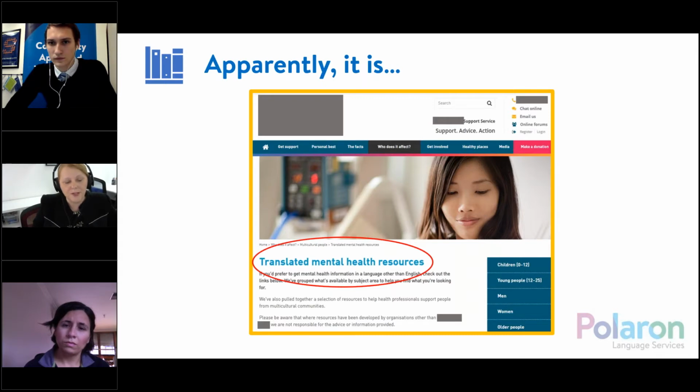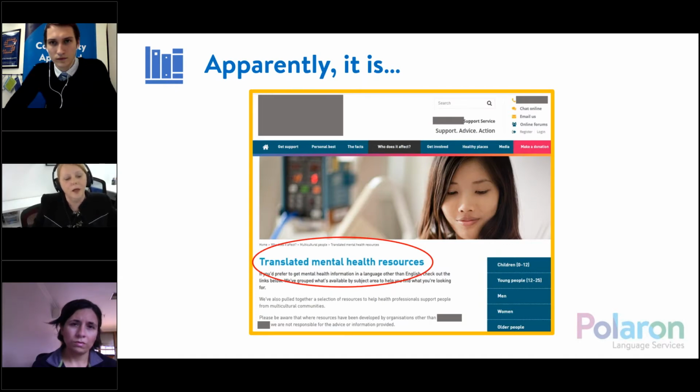So it's deeply buried in the website, and it also says, interestingly, please be aware that where resources have been developed by organizations other than us, we are not responsible for the advice or information provided. So my question to this particular service provider is, why put it there? What purpose does that serve if we are putting information out there that we cannot rely on? So for me, it's a very basic question that service providers should be asking themselves, because if you're doing this just to tick off boxes, don't do it, because this is, you know, for me, it is disrespectful or really exclusive. We're creating another layer of